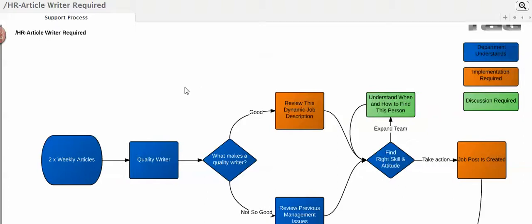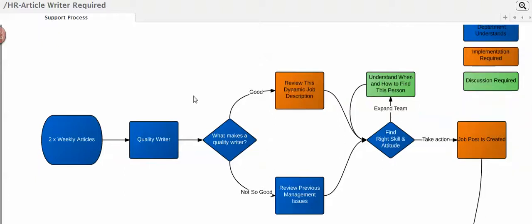So let's say that we've now got our quality writer up here, or actually I'll just say that we understand from a department, in these blue colors, we actually already pretty much understand what's going on. Then we look at the amber colored boxes, and we know that there's more work to be done in our environment, and we know that there's going to be a form of discussion, which at the moment is this video as well.